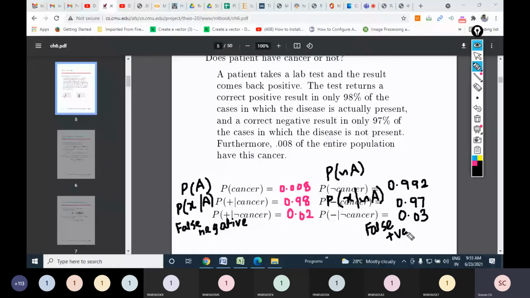Suppose someone says this person's report is negative, still I can't believe that this fellow has really got negative, because negative's accuracy is also 97%. So whether this fellow's report falls under 97% cases or 3% cases, I don't know, right? So does the patient have cancer or not? To what extent can I trust this particular report which has these kind of probabilities? So now you need to tell whether a patient has got cancer or not by applying the Bayes theorem, right? Now the formula for Bayes theorem is,